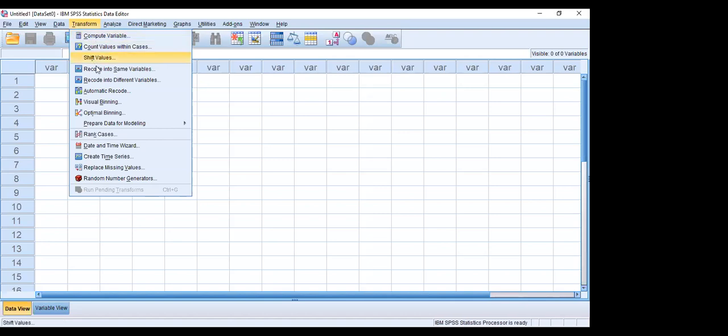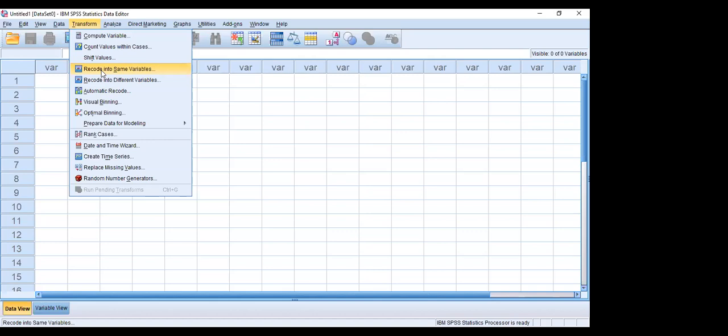Then another important thing we use is Recode into Same Variables and Recode into Different Variables. Suppose you have collected the age of persons, and your minimum age is 8 years and maximum age is 80 years. You want to divide this entire data into 3 categories: children, adult, and senior citizen, meaning less than 18, 18 to 60, and 60 plus.